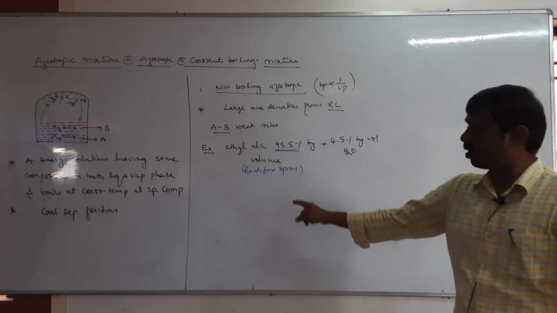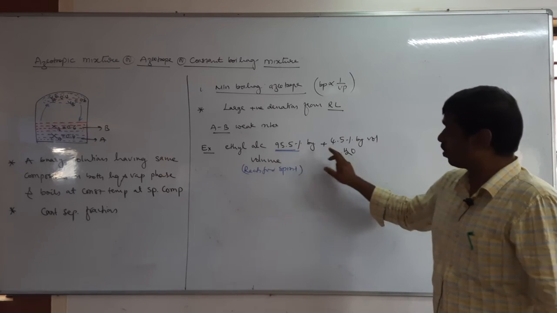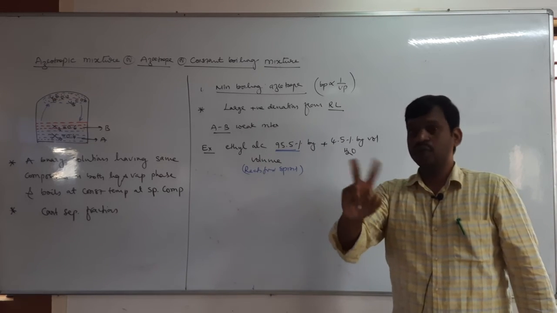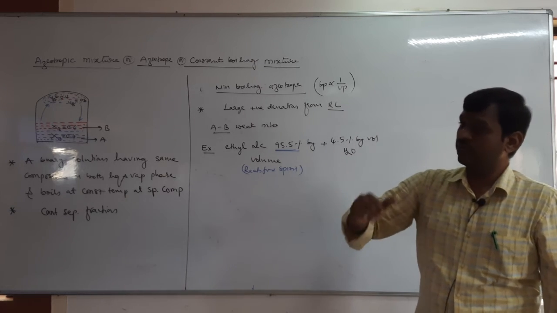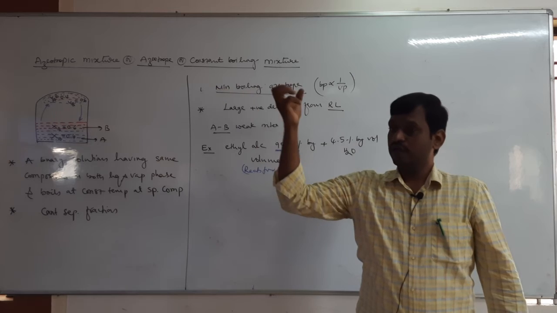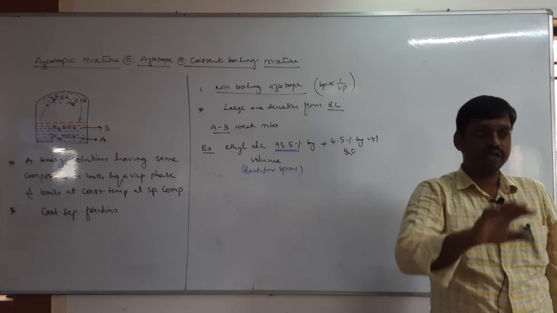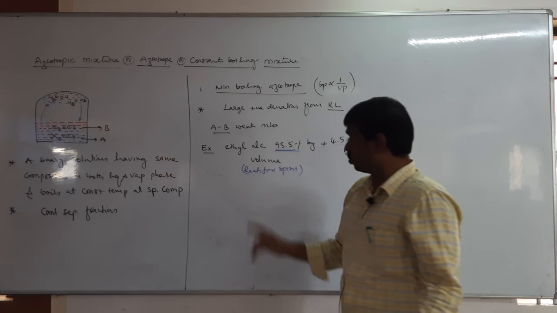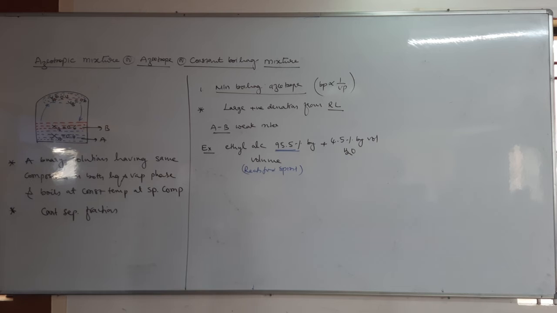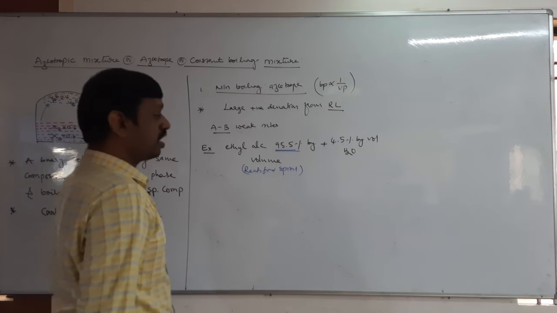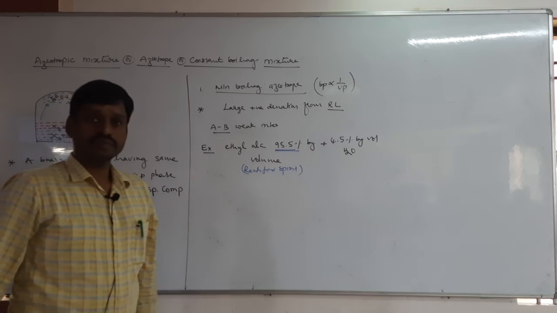Since it is an azeotropic mixture, if you do fractional distillation, ethyl alcohol and water cannot behave as two components. Both behave as one component. They boil at one temperature, so at that one temperature both will come out, not just one. So these two cannot be separated by fractional distillation. This is what we study in the ethyl alcohol topic. Okay, fine. So this composition is called what?